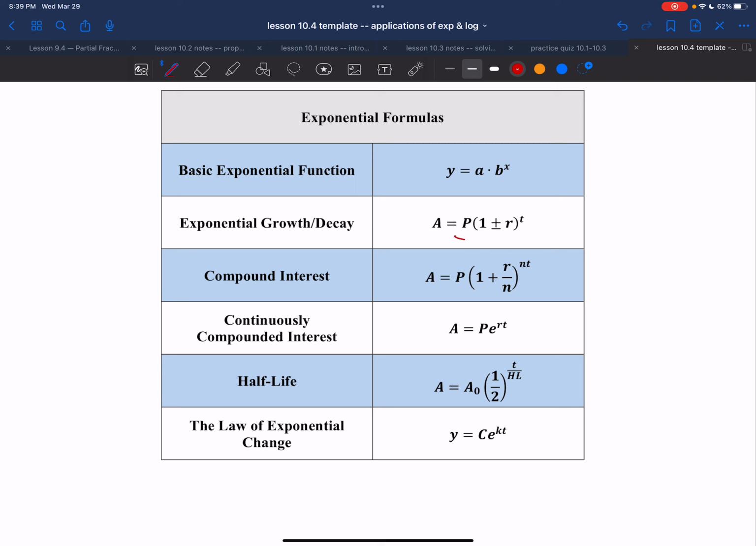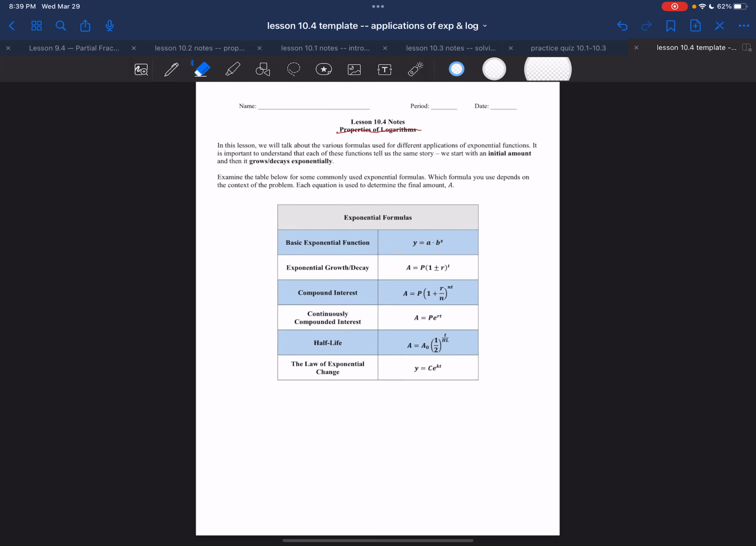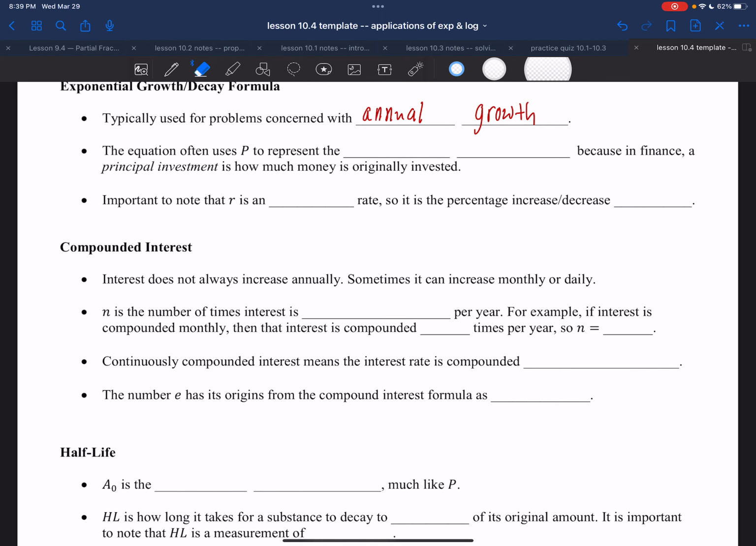Look at all this. You got P, you got R, all of these have P, R. You got N, you got A naught, you got HL, right? You got C, you got K, right? You have all these different letters. These letters usually come from the context you're operating in, okay? But they often mean the same thing. So we use P to represent the principal